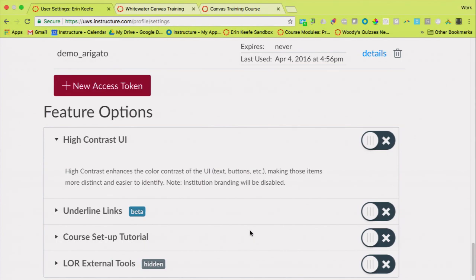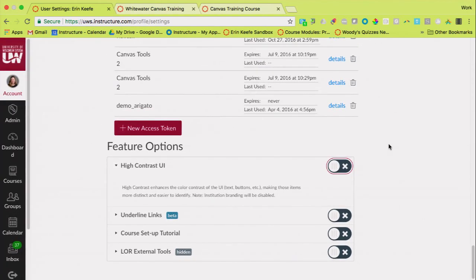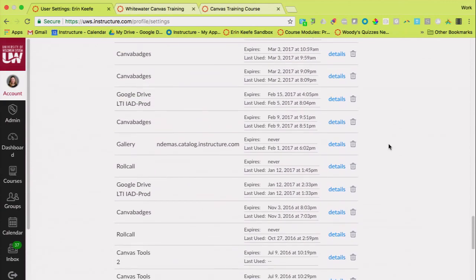Those colors might change a little bit, but that's something that can be enabled by each individual user. The other one everyone seems to like is underline links. So every time there's a hyperlink, it just puts a little line under it. Both of those settings are right there, and all you need to do to turn them on is switch that slider to the right. And obviously if you don't like it anymore, you can switch that over to the left.